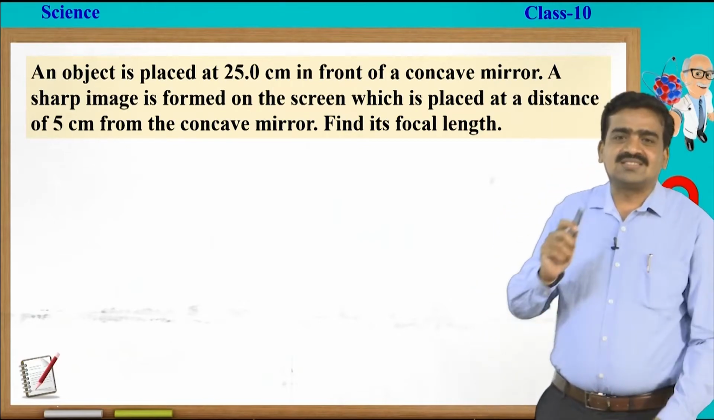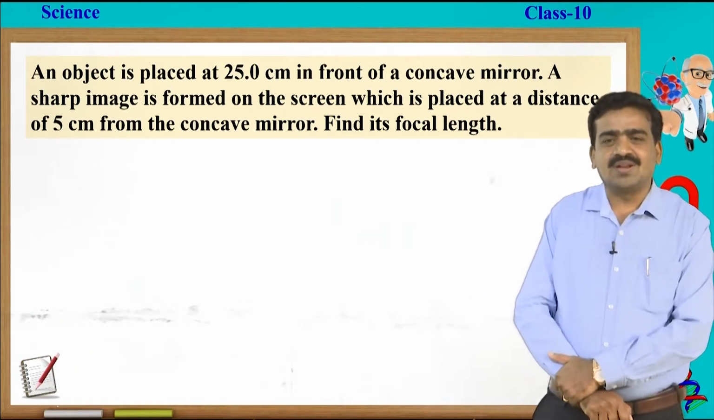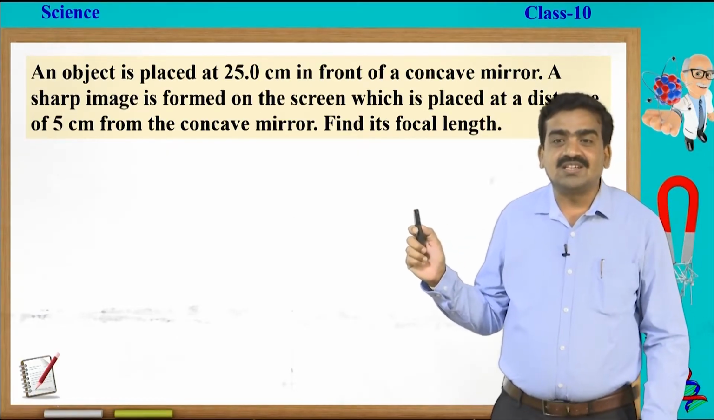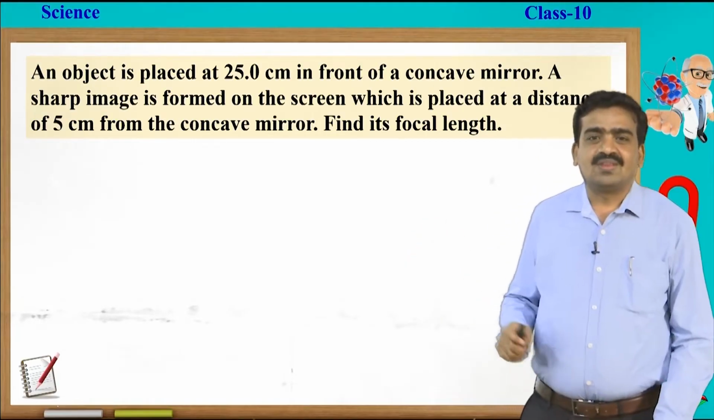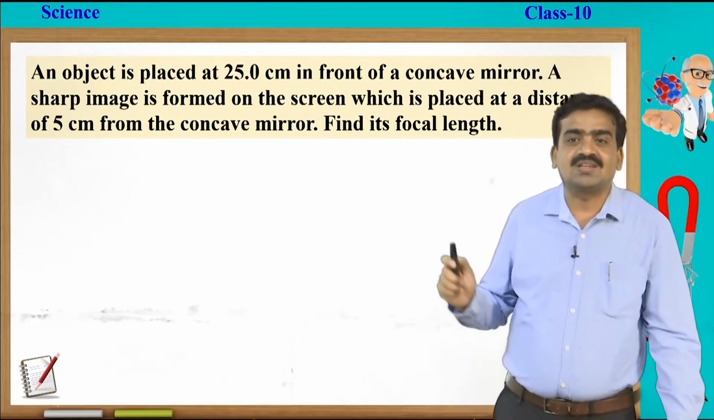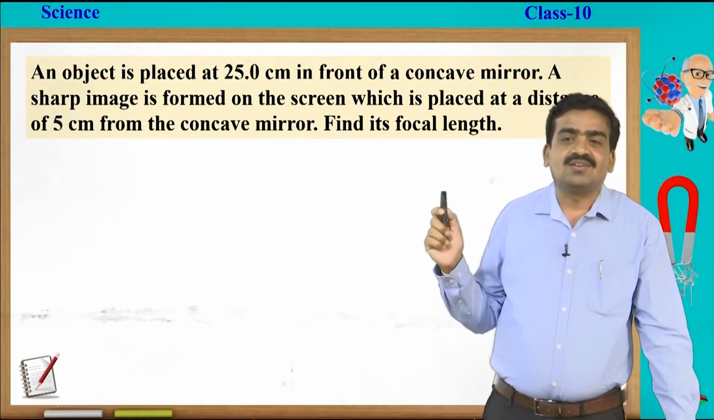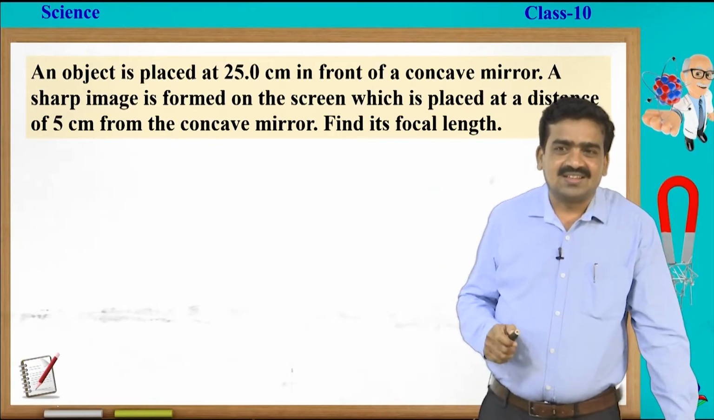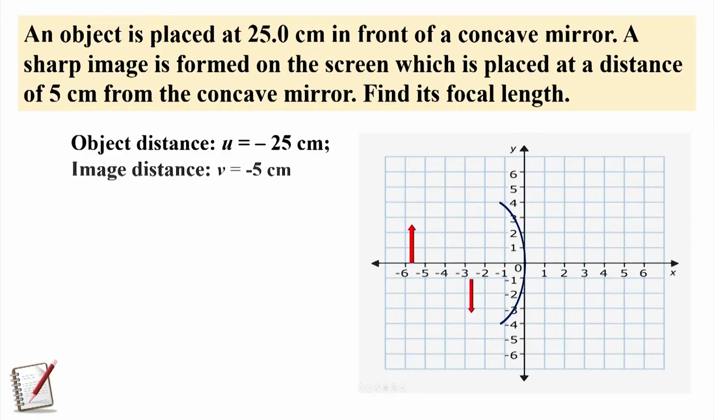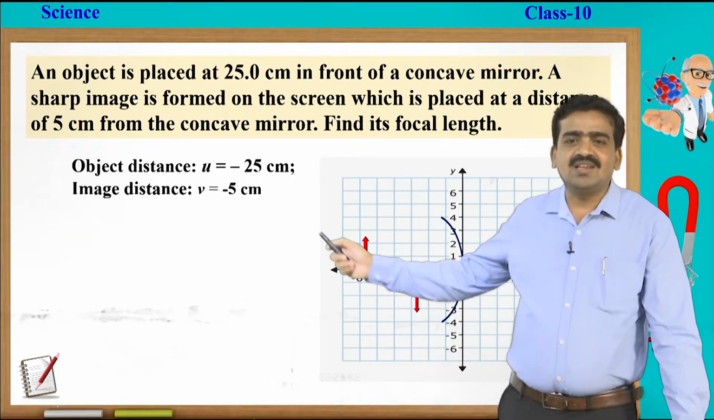Now, let us solve a problem based on concave mirror. The question is like this: an object is placed at 25 centimeter in front of the concave mirror. A sharp image is formed on the screen which is placed at a distance of 5 centimeter from the concave mirror. Here we have to find the focal length. So, we need a diagram to write the data, and the object is placed on the negative part of the x axis, the image is also formed on the negative part of the x axis. So, now the values will be like this: object distance u is minus 25,